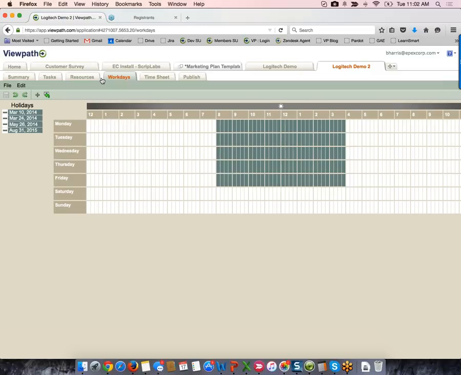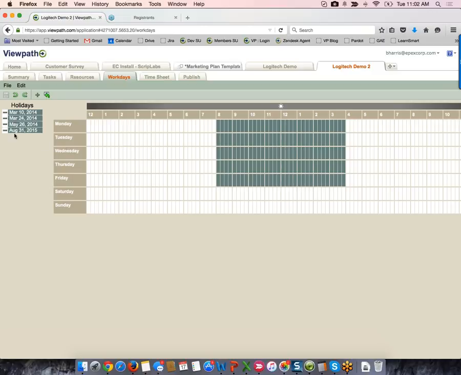Right, and project workdays. Again, this is one thing, holidays can be set up on the template level. So this is another piece where it's really nice to be able to set that information up at the template level. Generally, rule of thumb is that when your holidays come out for the next year, go in and update your templates with those. And then you may have a couple of projects that are going to cross over in that time frame that you may have to add additional holiday dates for, but that really helps streamline your holiday